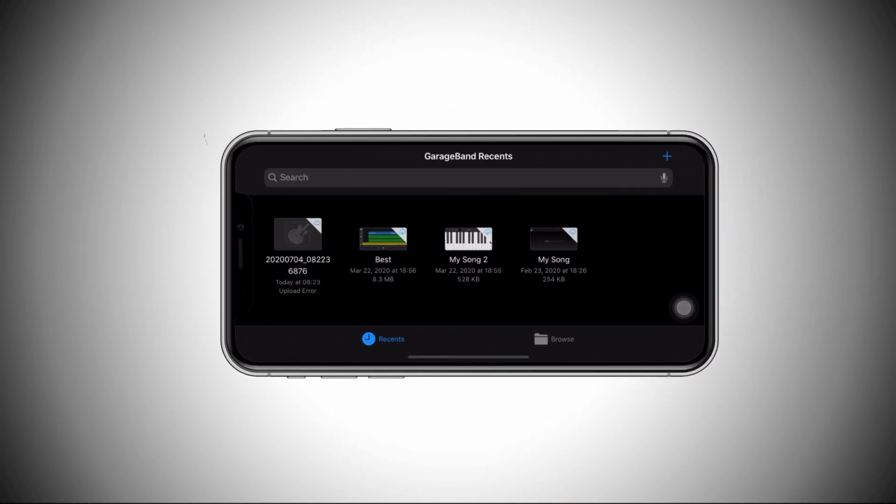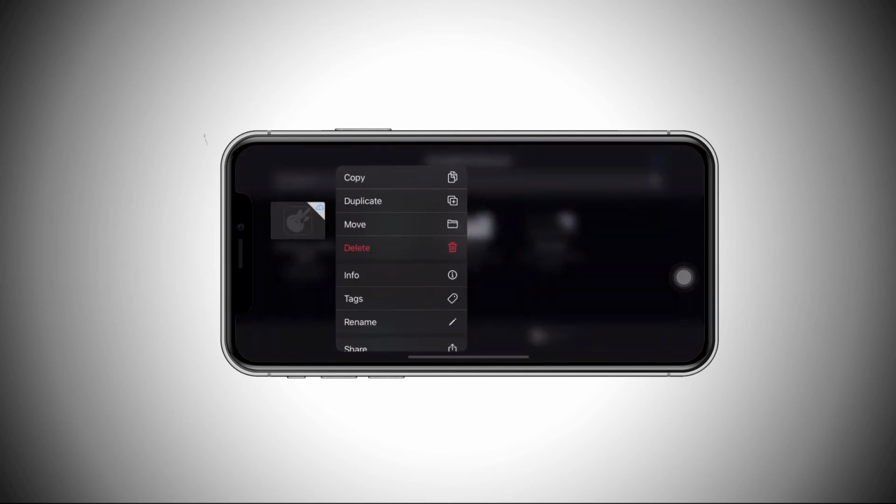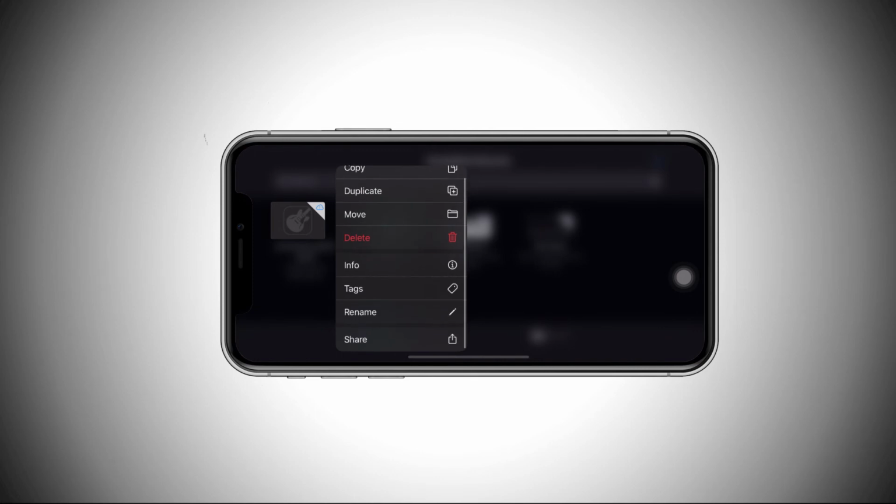After opening GarageBand, you should push your finger on that song to open some options. Then select the share button and choose ringtone and continue to see the next step.